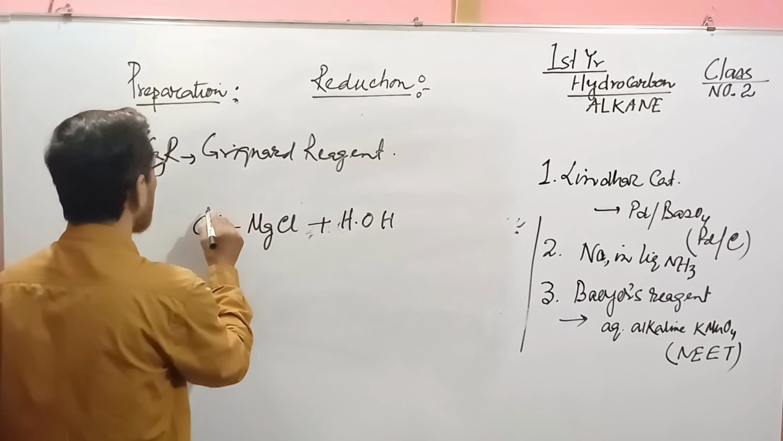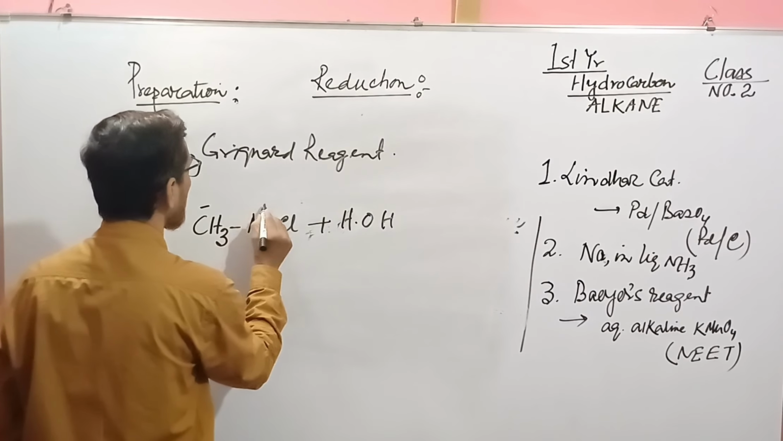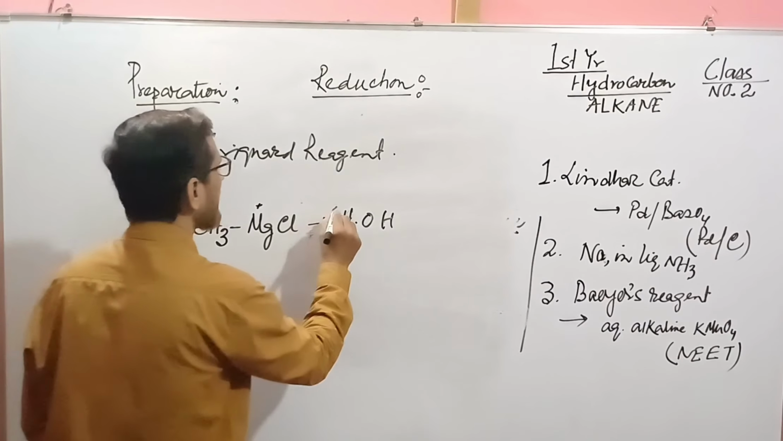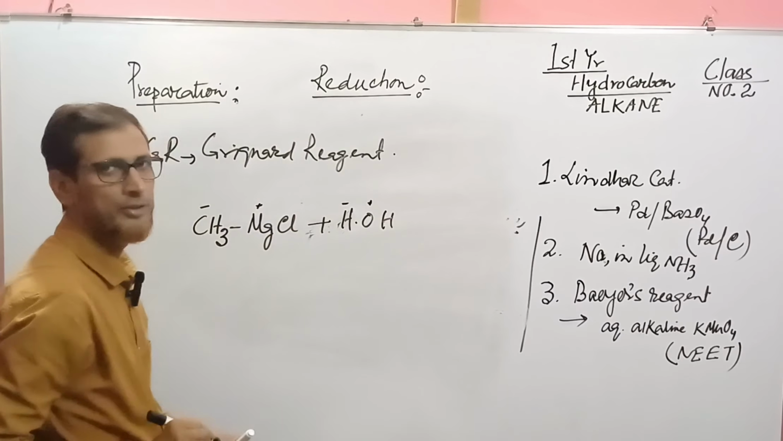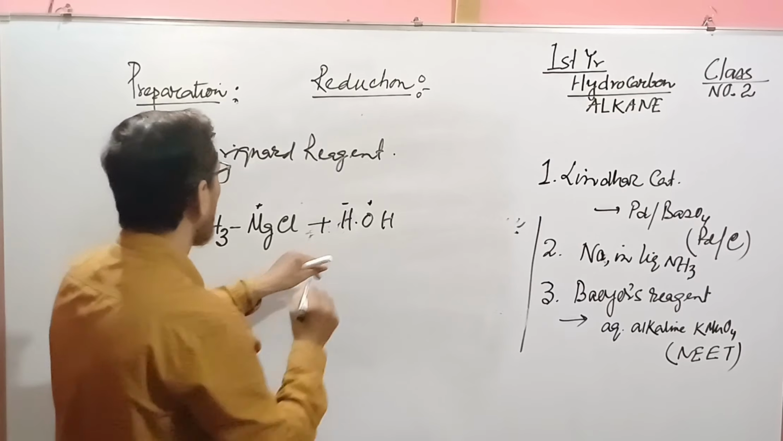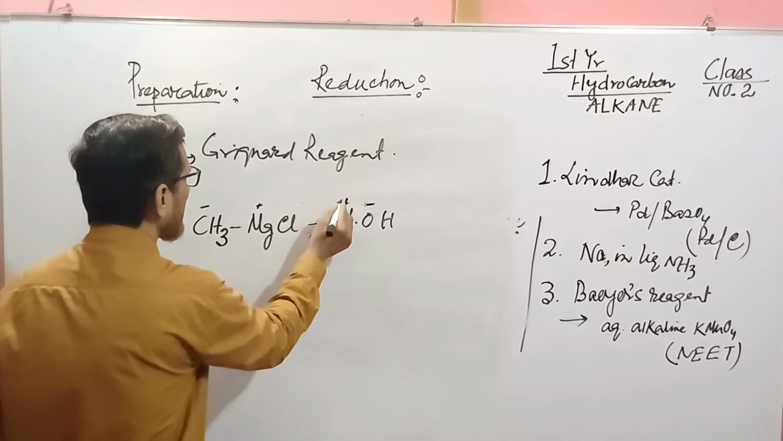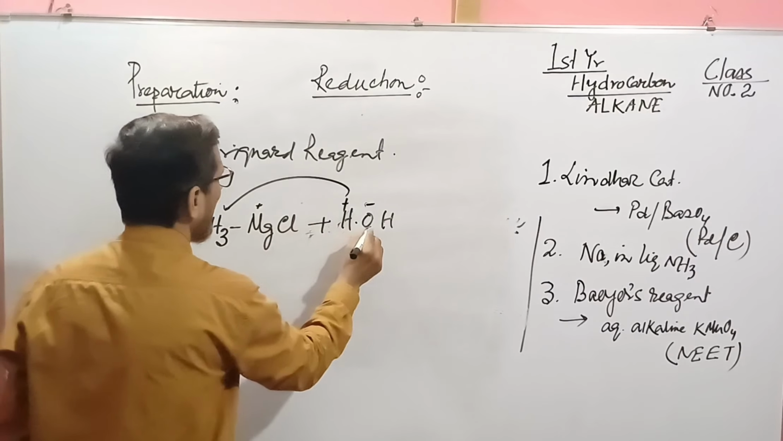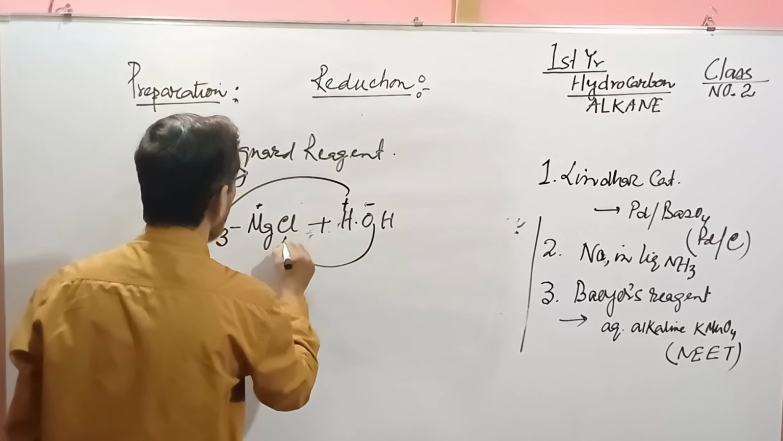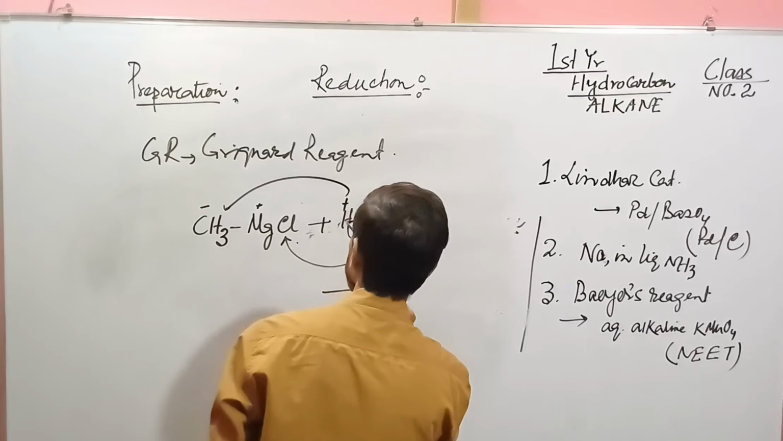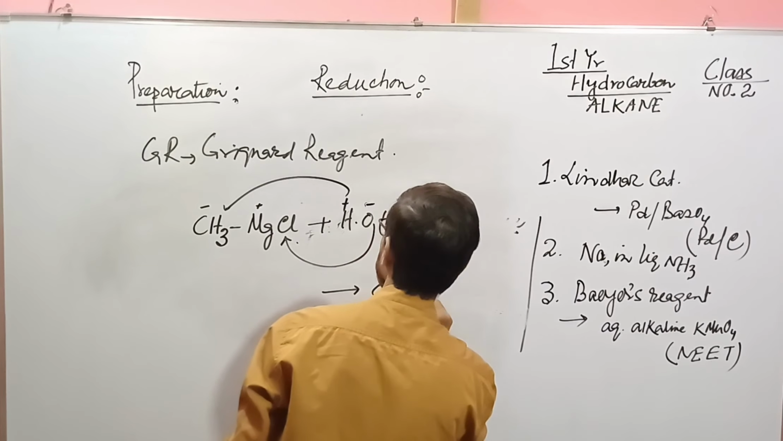Answer. This is minus and this is plus. Am I right? This is minus and this is plus in ionic form. Sorry, this is minus and this is plus. So that minus will come to this one, plus will come to this one, and minus will come to this one. So what we get here is methane plus